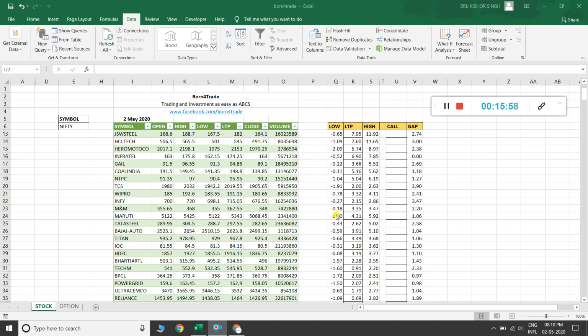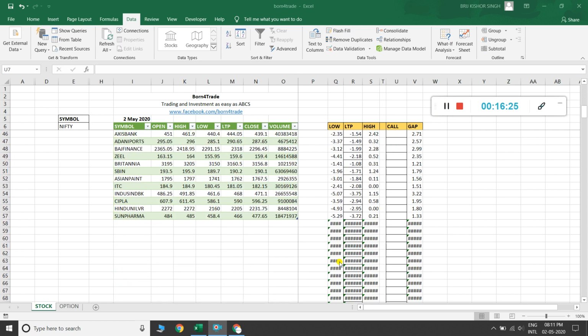In the low column 0.0%, it means Maruti stock open is equal to low. That is why 0.0 appears here. If you are a fan of open high low, then it is very useful for you.